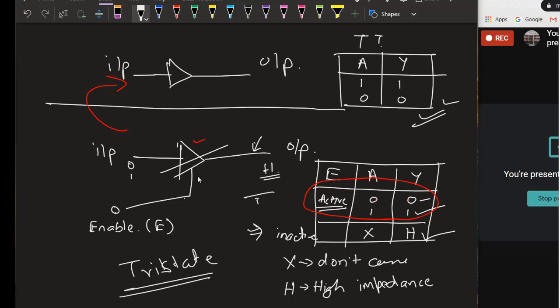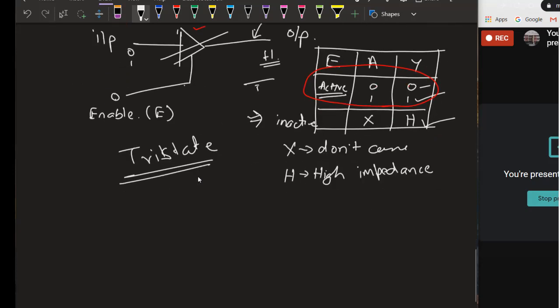ओके, यानी ट्राई स्टेट बफर विथ बबल. अब मैं दोबारा एक बबल ड्रॉ कर रहा हूँ. ठीक है, अब इसका जो दूसरा इनपुट है अनेबल इनपुट, मैं यहाँ पे देखो क्या कर रहा हूँ. Can you see the bubble part? Let me draw with red. I have drawn, this is my enable now. ओके, तो यहाँ पे बबल नहीं है, ऊपर वाले केस में यहाँ पे बबल नहीं है, इसीलिए इस टाइप के अनेबल पिन को एक्टिव हाई कहते हैं. क्या कहते हैं? एक्टिव हाई.